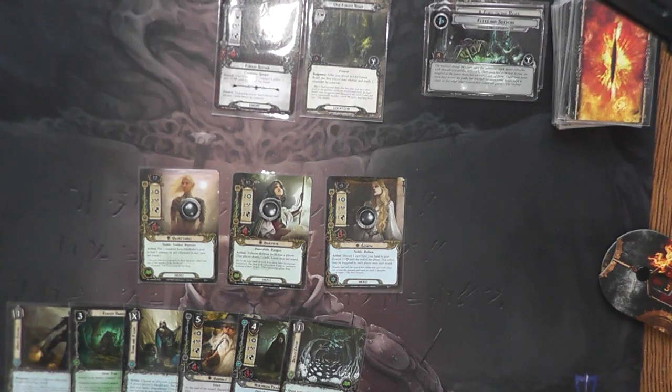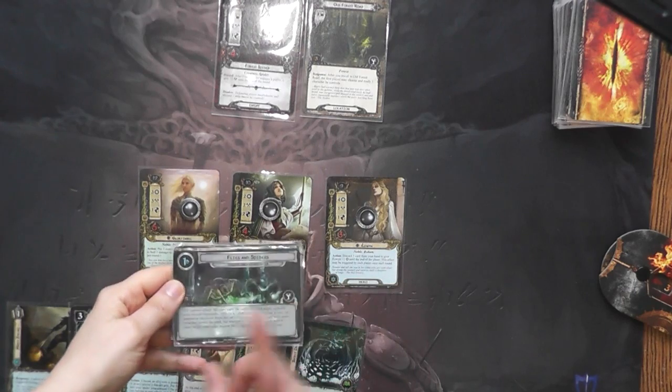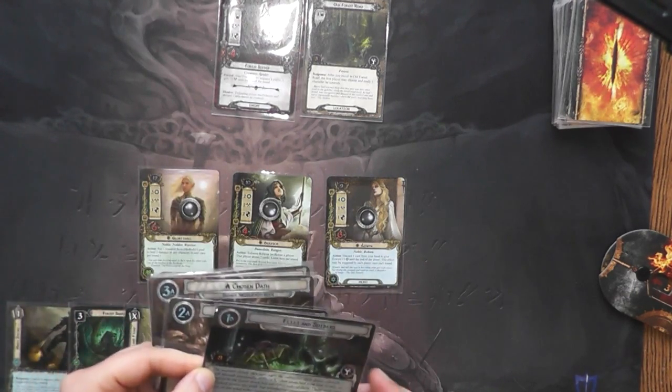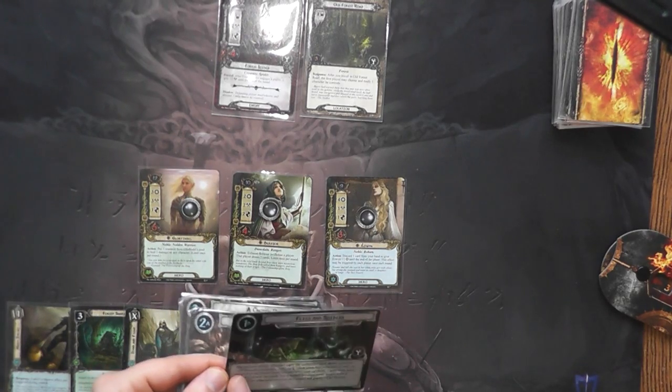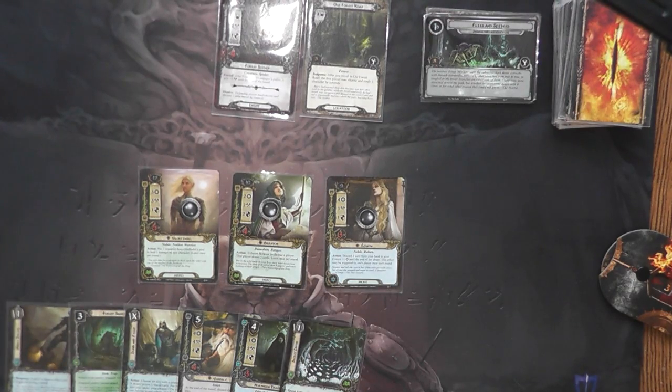In order to get through this deck of scenario cards, we have to explore them. You have the Flies and Spiders scenario, Passage Through Mirkwood, and it requires 8 progress tokens. So what we're going to be doing is we're going to be counting